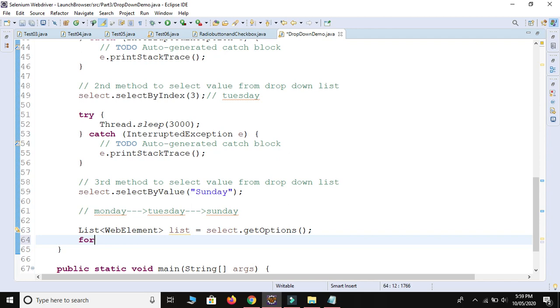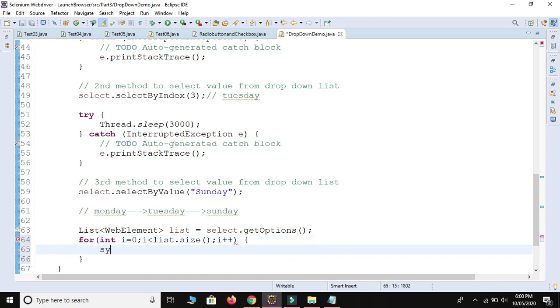Let me print all the elements. So we use a for loop, int i is equal to 0, then i less than list.size method, and then i plus plus. System.out.println.